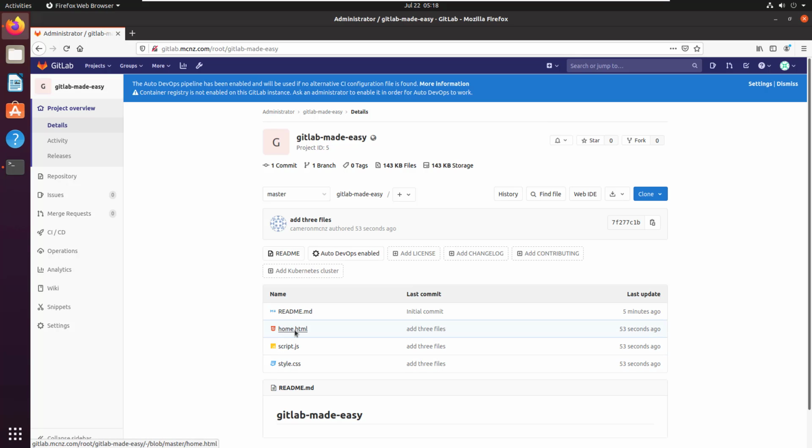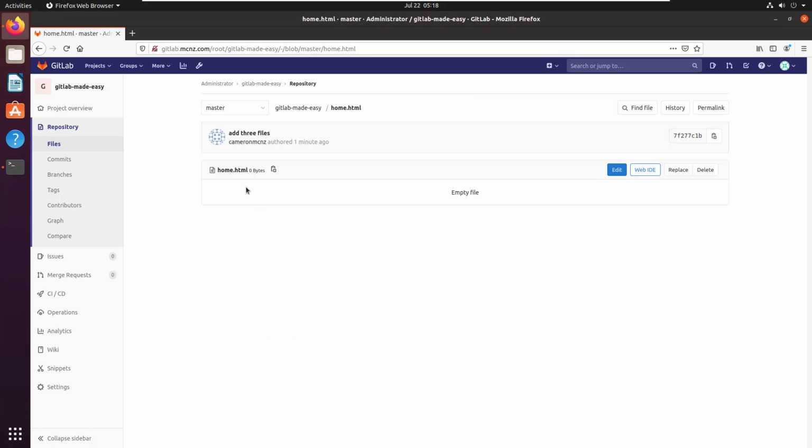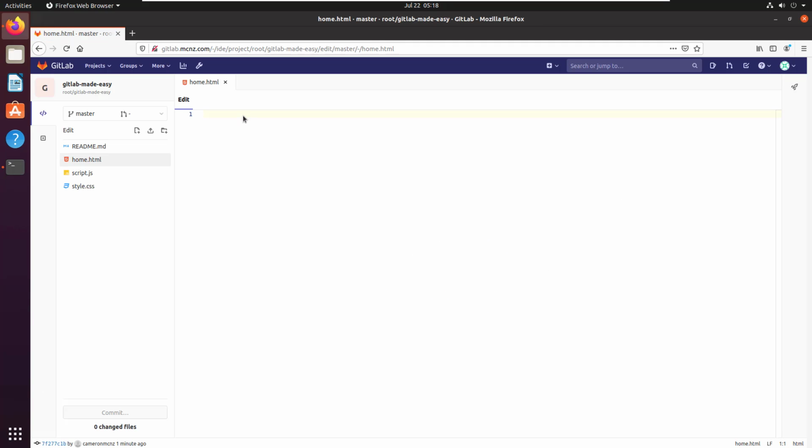So if I take a look at this file here, home.html, there's nothing in it. Now, what if somebody edits this file? Well, I'm actually going to take a look at the web IDE in GitLab and just add some code to this. And this is my hello world HTML file. And so what can we do in here? Well, I guess maybe we should just do an H1 heading and say, hello world,